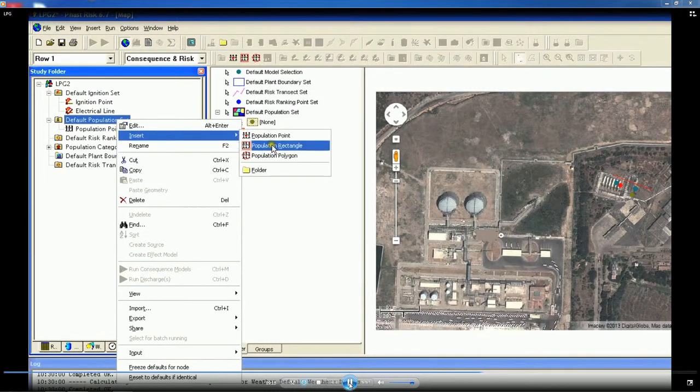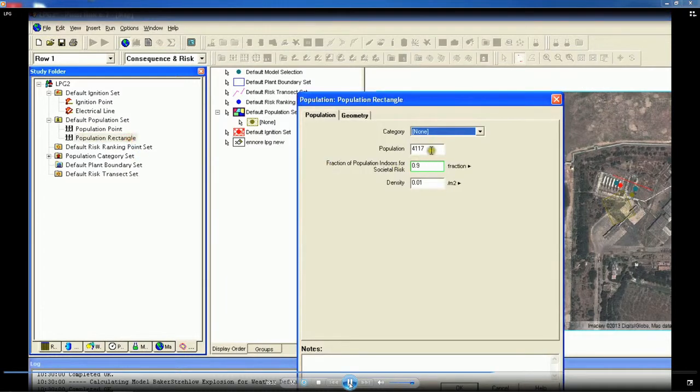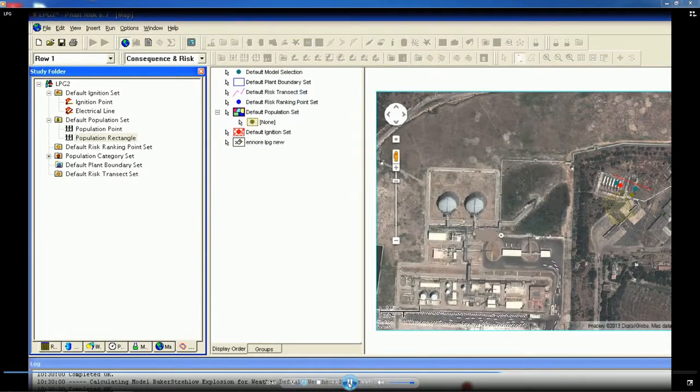Then population set data can also be given as a rectangle, whereas an area or density of population is given in the input data. Select the area, draw a specific control line or a rectangle where you are giving the intensity of population. So, you are saying for this particular area the density of population is given as an input data, which is calculated and given as so and so for a given plant. So, enter the data and say OK, the population data is now given as a population rectangle, which you see here, which is hatched or filled.